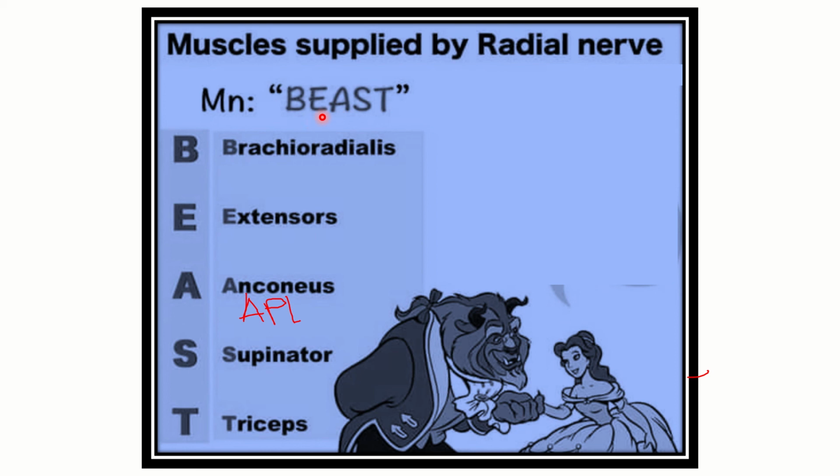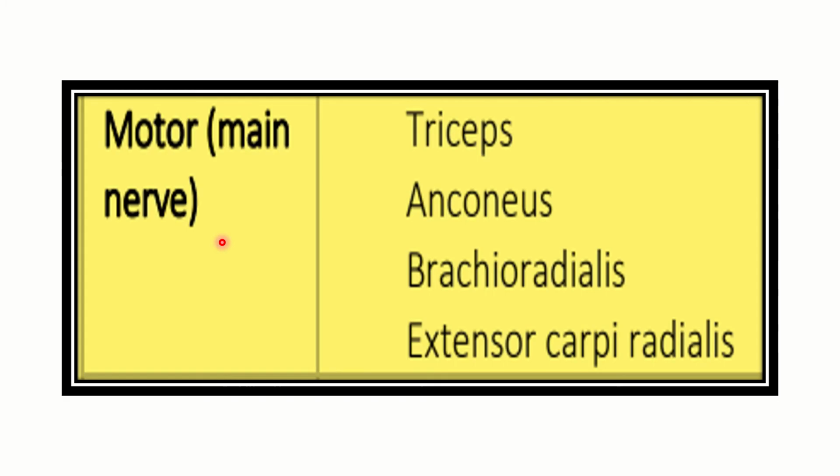Then A for anconeus and abductor pollicis longus, S for supinator, and T for triceps. So these muscles are supplied by the radial nerve, and the extensors are a lot. We have to see the names of the extensors. So first of all, we can see the main motor nerve of the